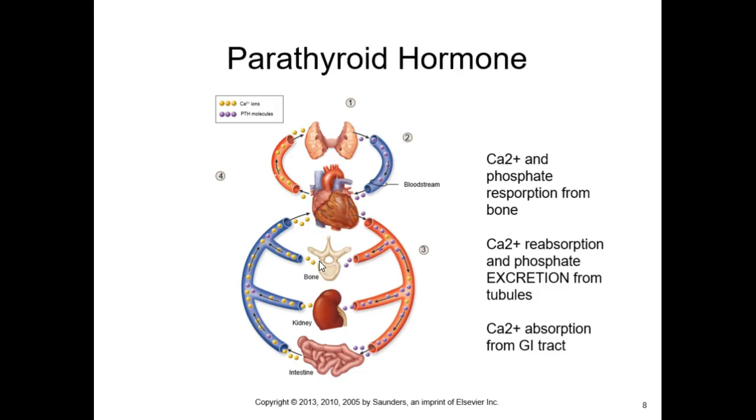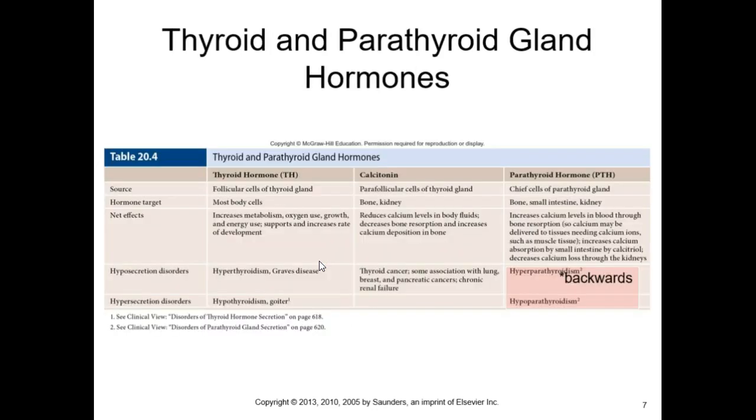Yes. PTH has target cells in the bones, kidneys, and GI tract. I feel like this was covered in A&P 2. It totally was covered in A&P 2. I was like, this sounds familiar. It's a big chunk. I agree. I started this in A&P 1. And it's because we're working up to this concept of